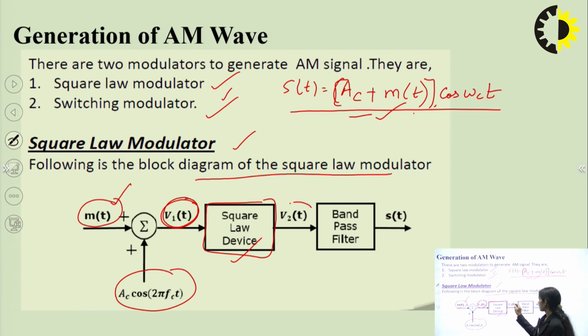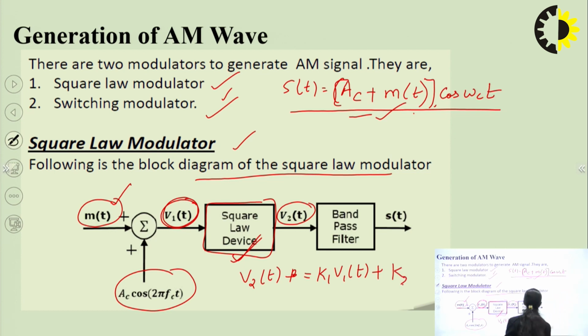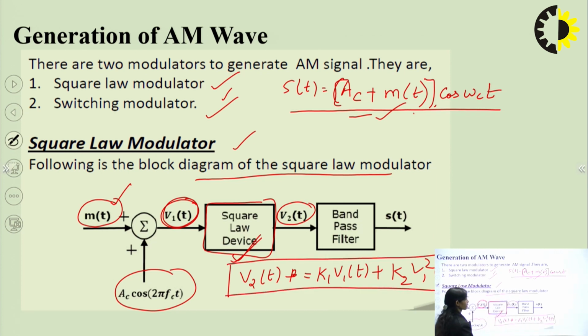Then after this, we will get another equation V2t. So this square law device will do the squaring by using one equation. V2t is given by V2t equals K1 V1t plus K2 V1 square t. So this will do the squaring with this method, with this equation. This is the equation if we follow, and after that we will get the equation